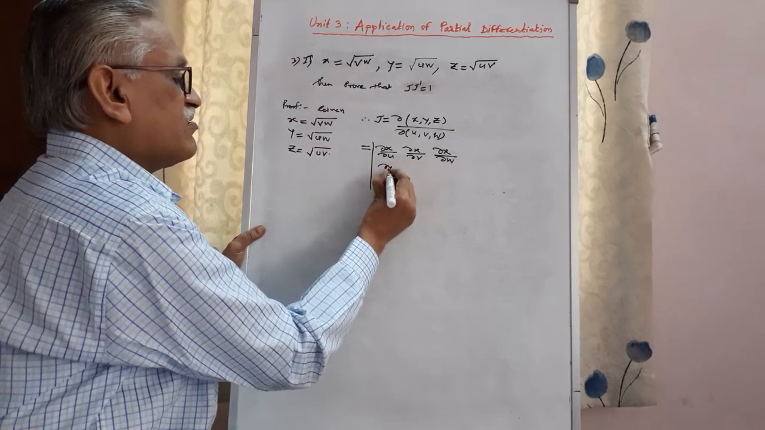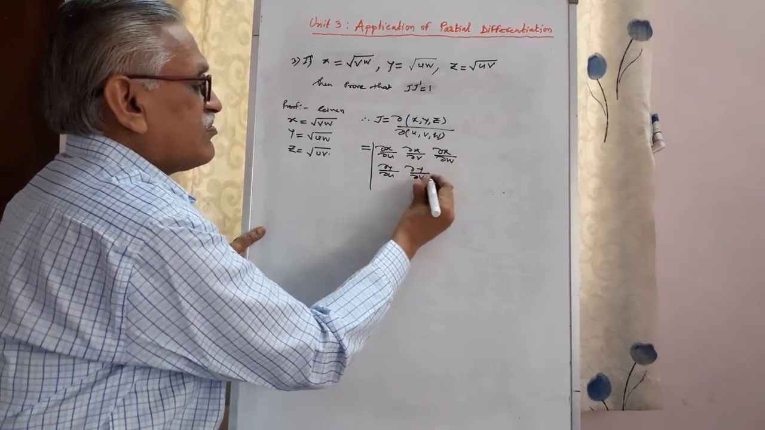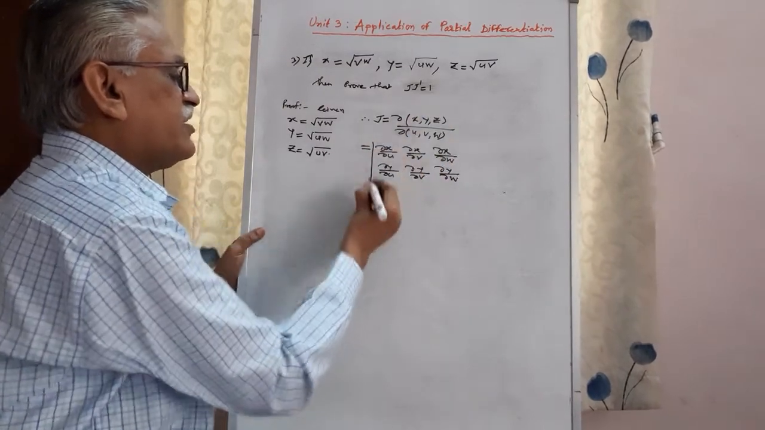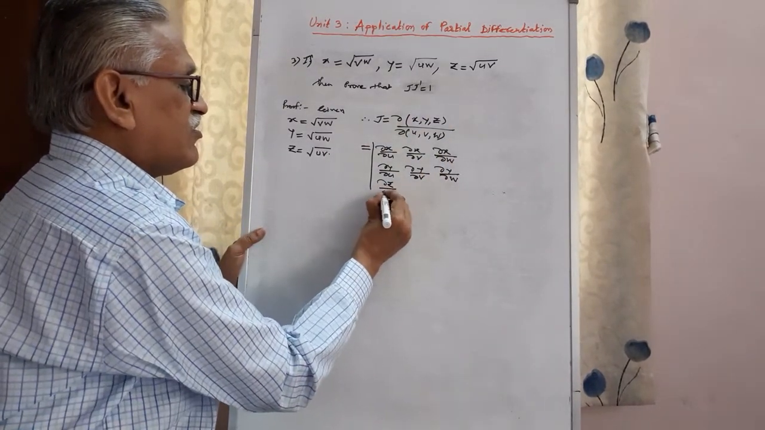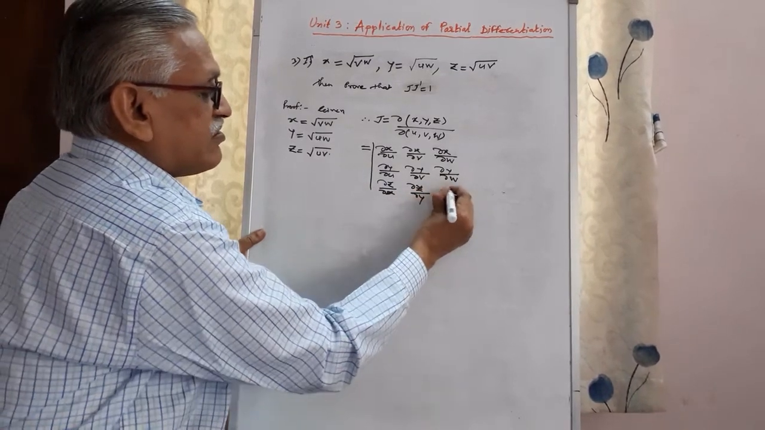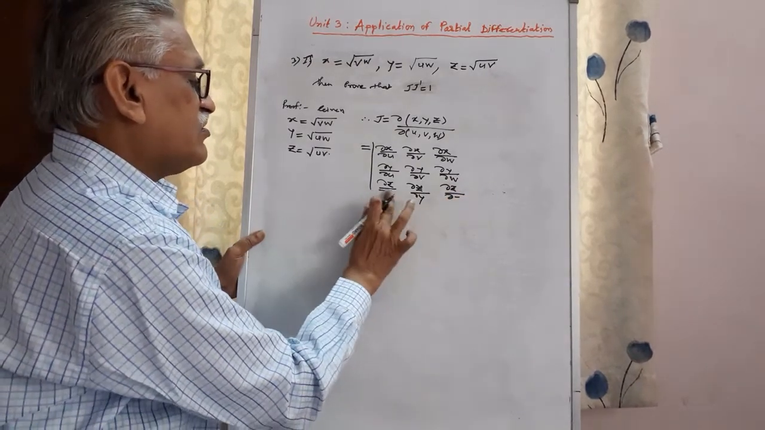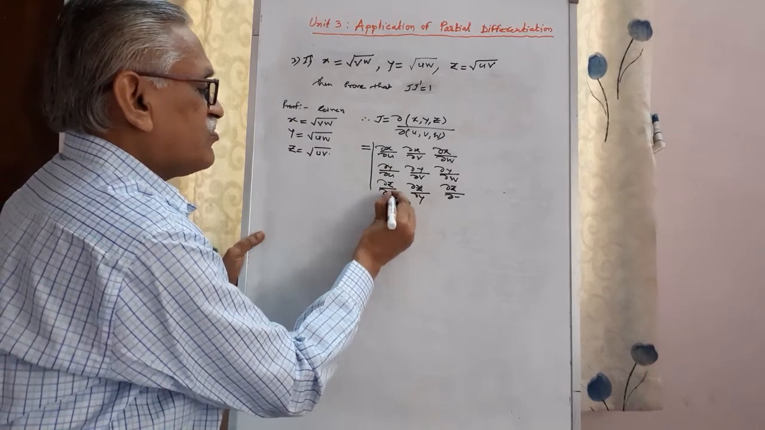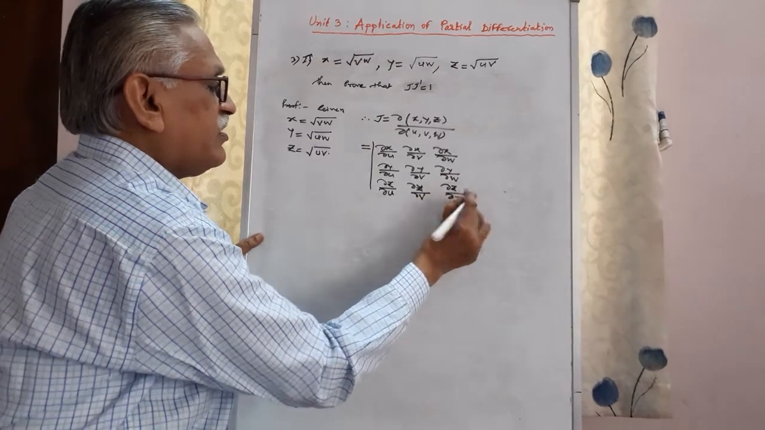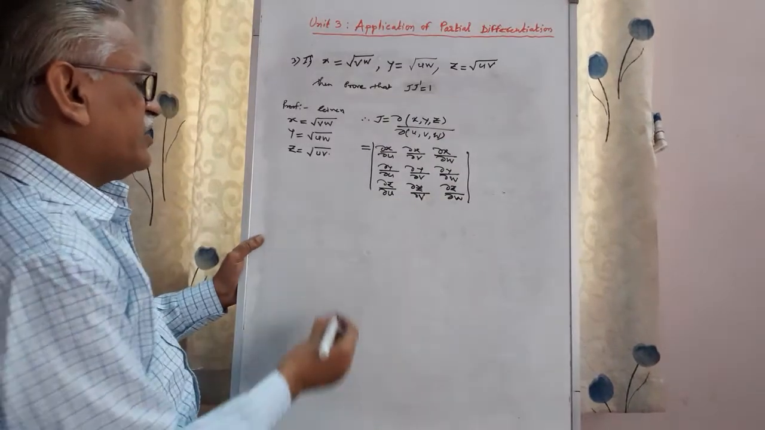derivative of y with respect to UVW in the second row, and derivative of z with respect to u, v and w in the third row. Okay, and therefore it is equal to